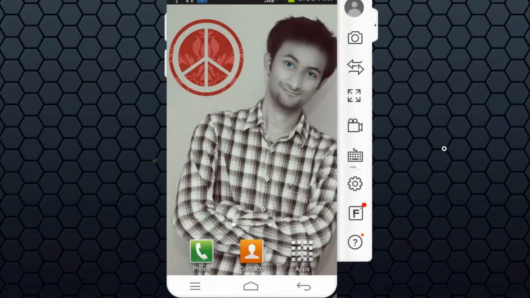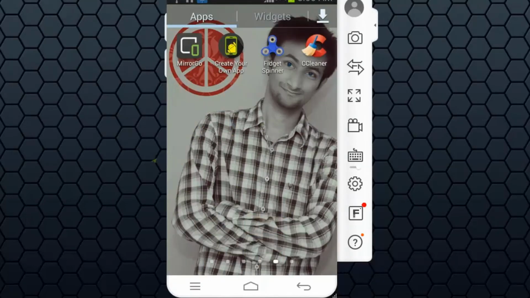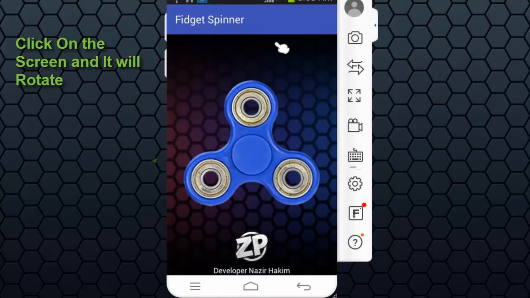You know that people are actually using fidget spinner most of the time, and it is worldwide famous. I'm going to give you the application which has been created by me, and that is a fidget spinner. So let me just go ahead and open up my apps. This is the application. This is fidget spinner. Click on my fidget spinner. This is the application fidget spinner which I'm going to go ahead and provide you with the